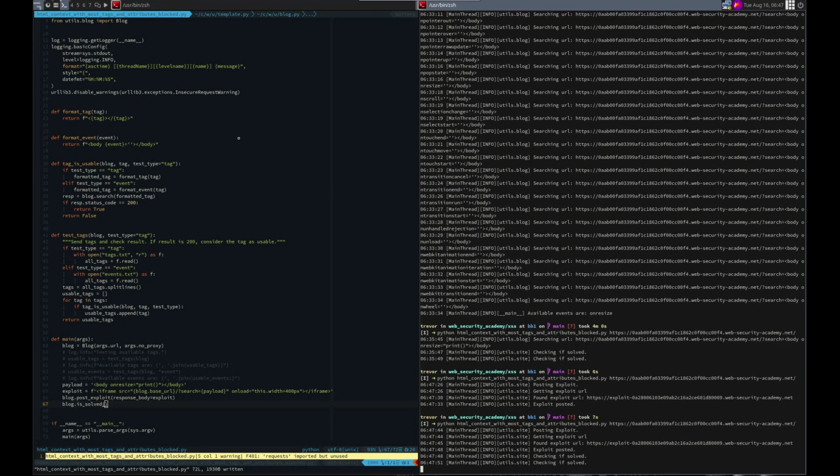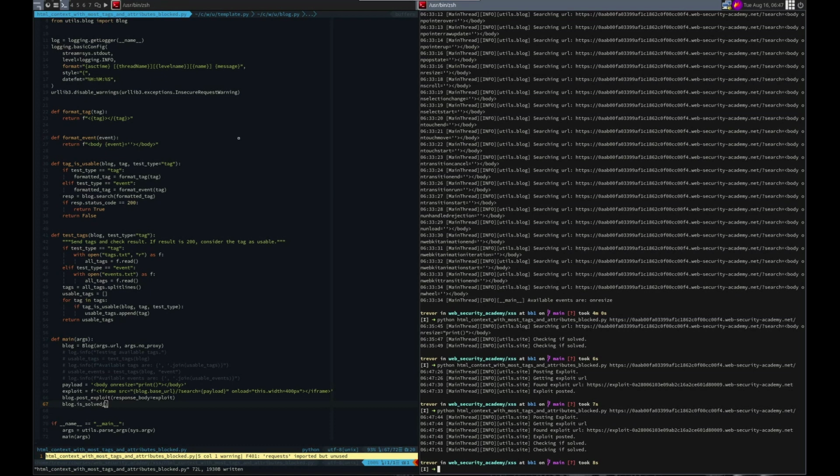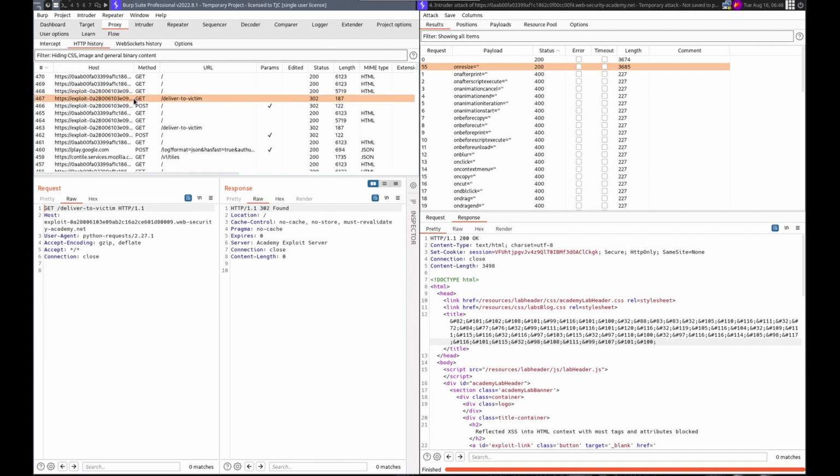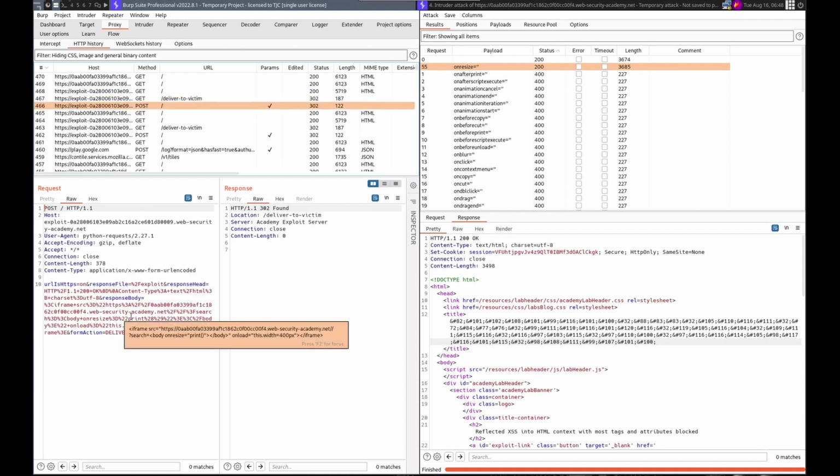No, it doesn't look good. Well, this is disappointing. What did we do wrong? Exploit, deliver to victim, get post, iframe source. We have an extra search equals on body resize print. We have some quoting issues, I see,